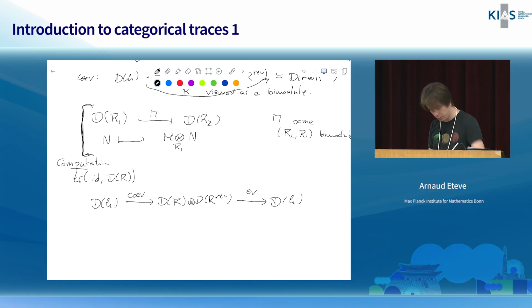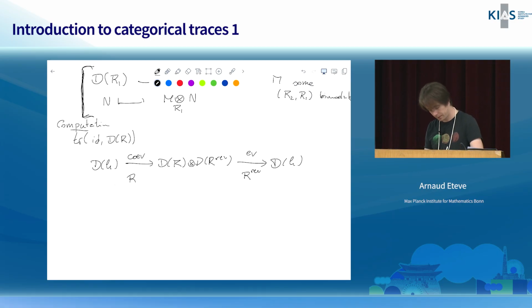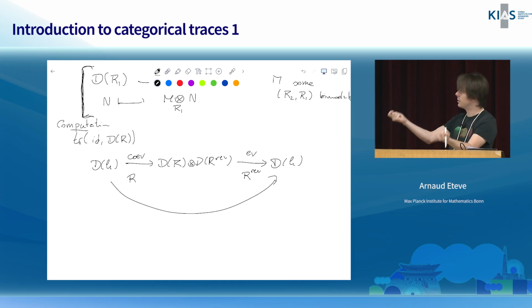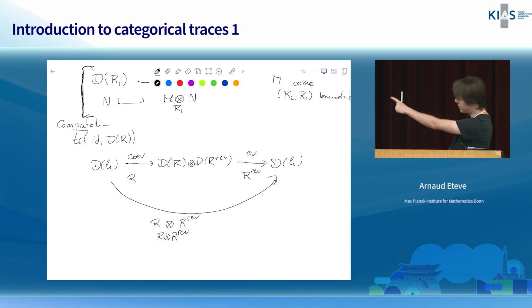In terms of bimodules, it's given by R as a bimodule, and here by R rev as a bimodule. So the composition here is given by a bimodule over K and K, so that's just the datum of a vector space, and it's given by the vector space R tensor R rev over R tensor R rev. Okay, but that's a non-trivial operation, and this thing is usually what people will call a Hochschild homology.